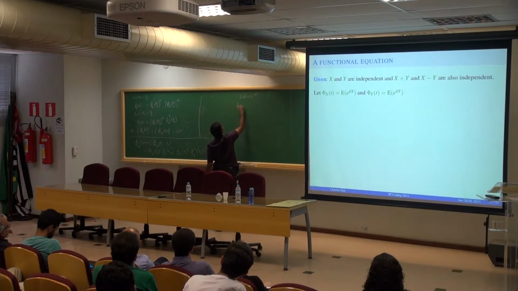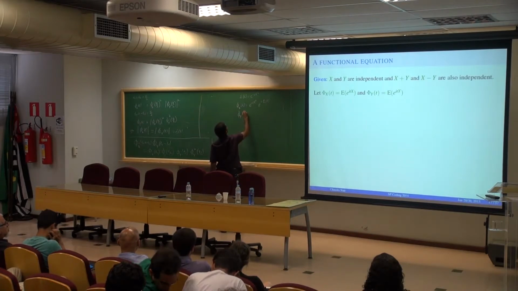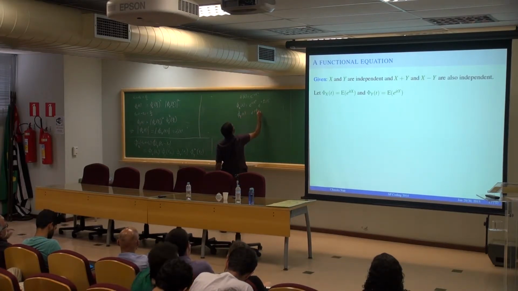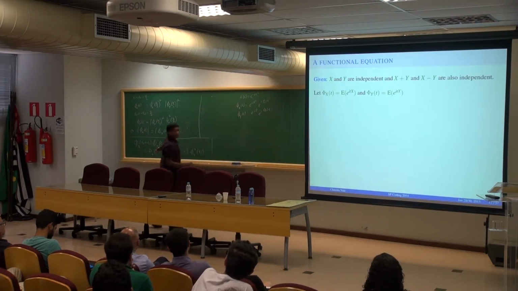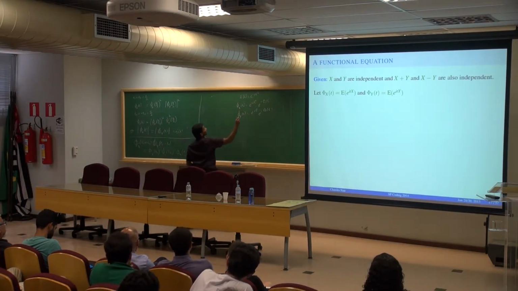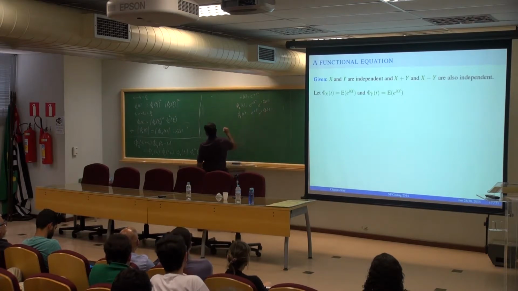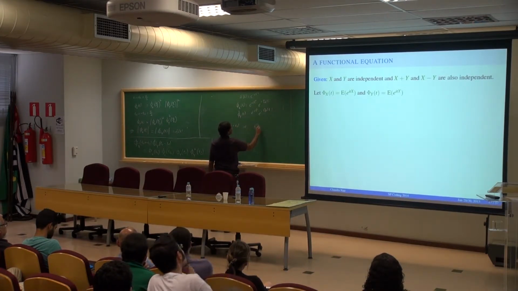I know that phi x of t is e power minus ct squared times e power i theta 1 of t, some constant theta 1, and phi y of t is e power minus ct squared e power i theta 2 of t. Alright, that's my function. Plug this back in, you get an equation for theta 1. What do you get? You get theta x, I should put theta x and theta y. So you get theta x, it becomes exponent, so t1 plus t2 plus theta y, t1 minus t2 is equal to,